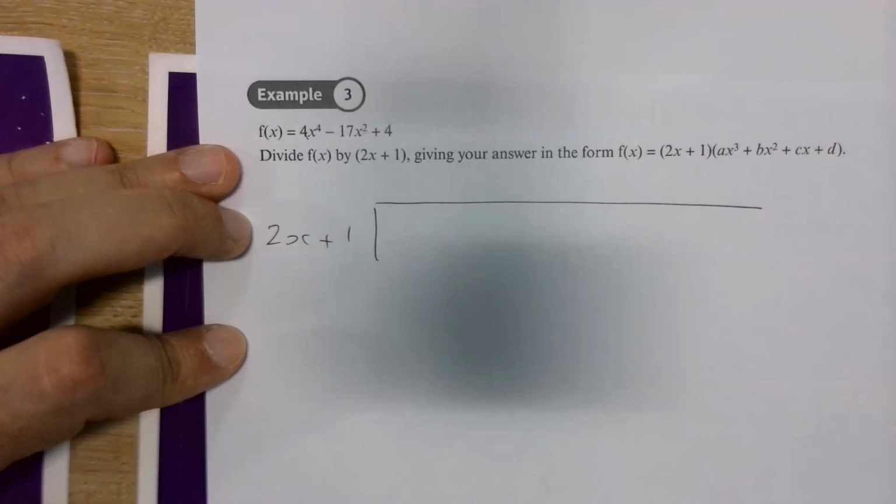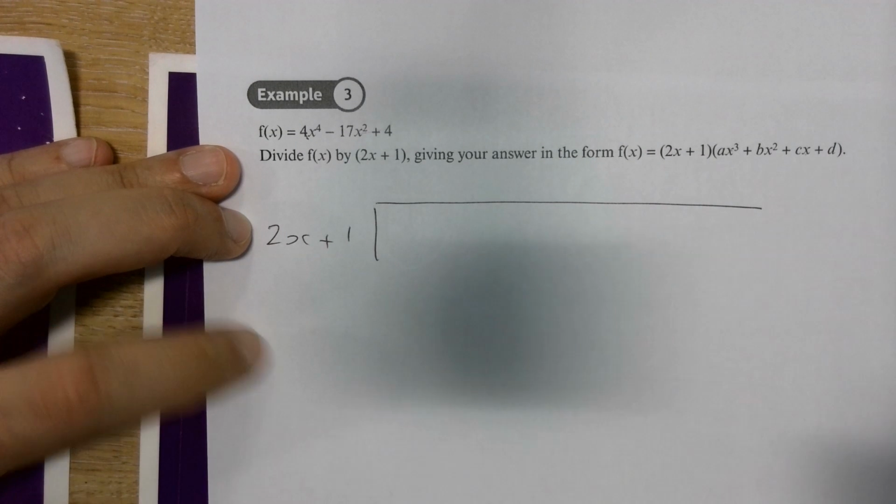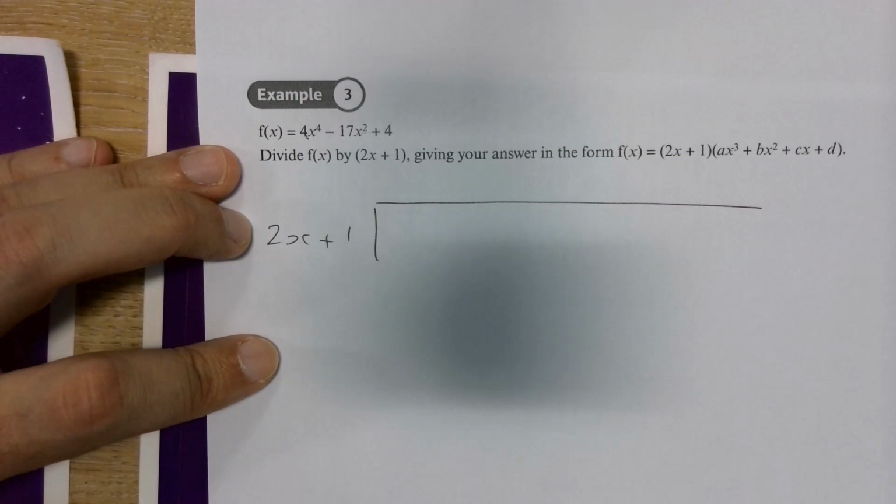There are a few missed, aren't there? There's no x cubed term and there's no x term. So we still need to account for the fact that in my answer there might be x cubed and there might be x's. So I put in